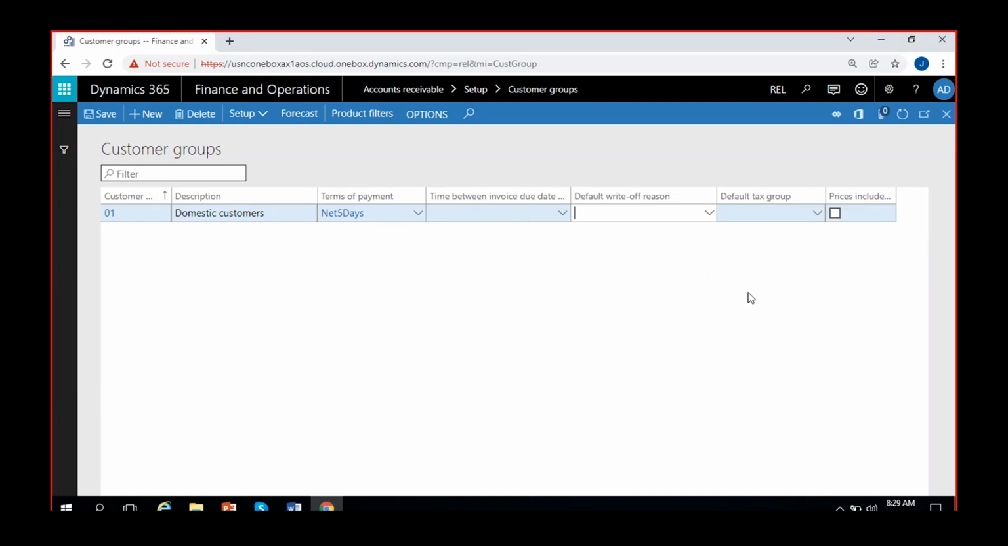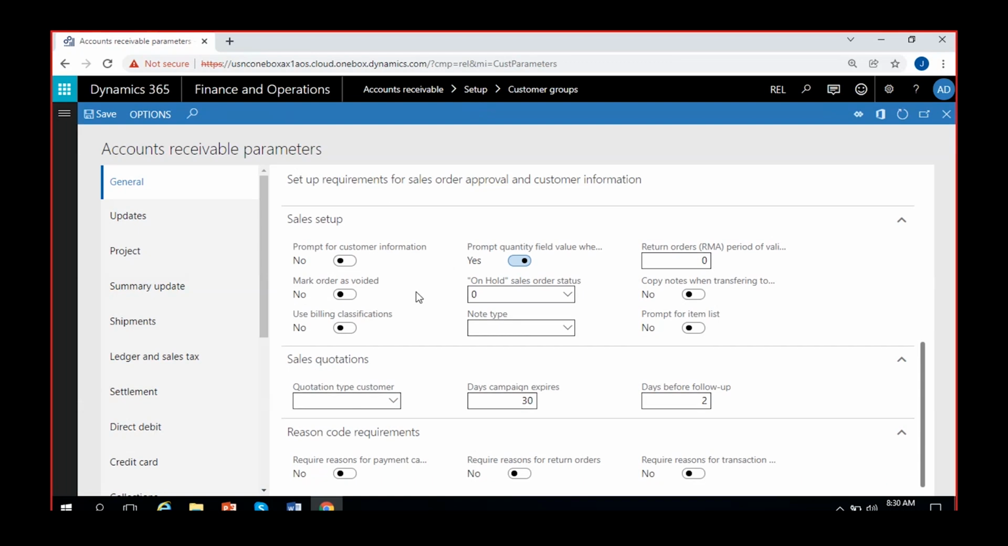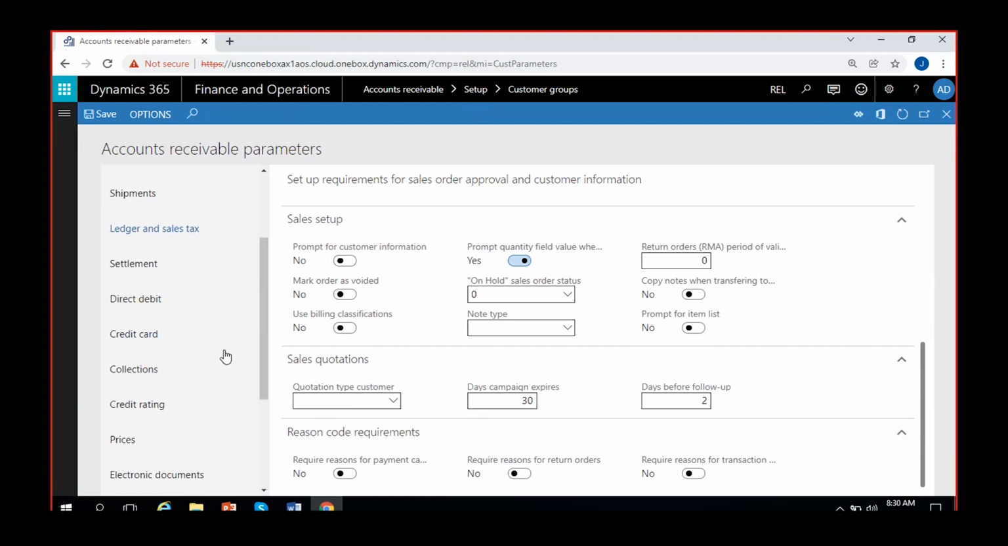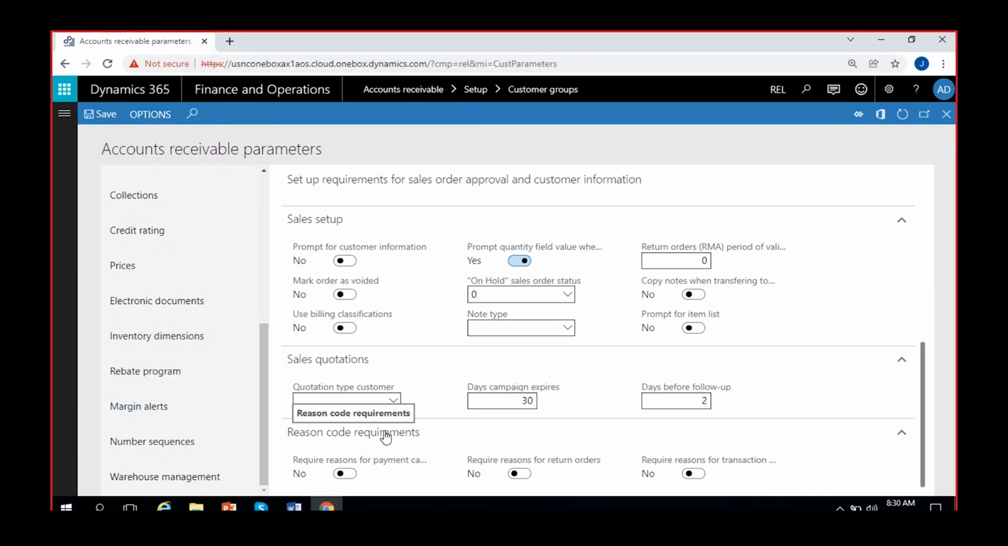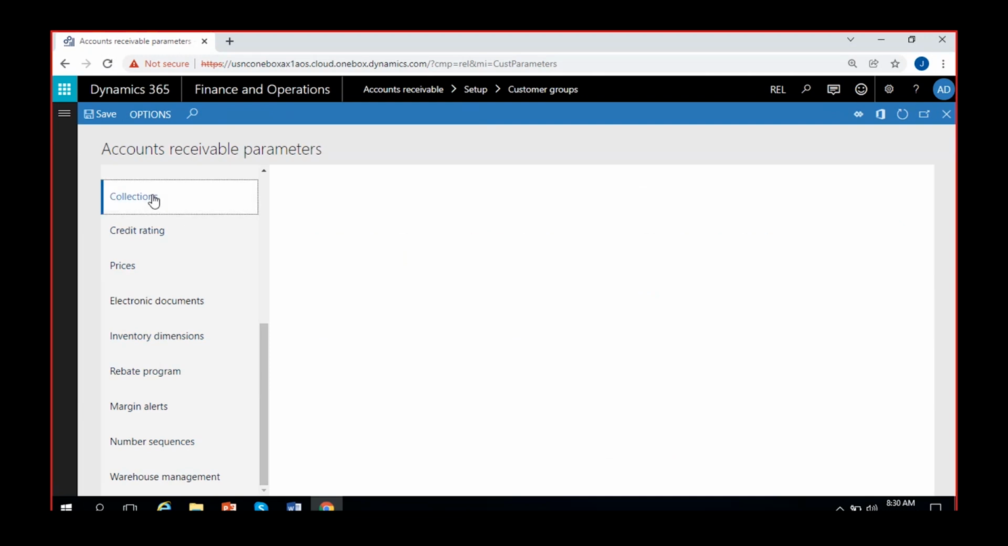Click on view details. Here actually it is taken to receivable parameters. Reason code requirements for transaction reversals. Okay, it's not here. In the collections we have, here we have